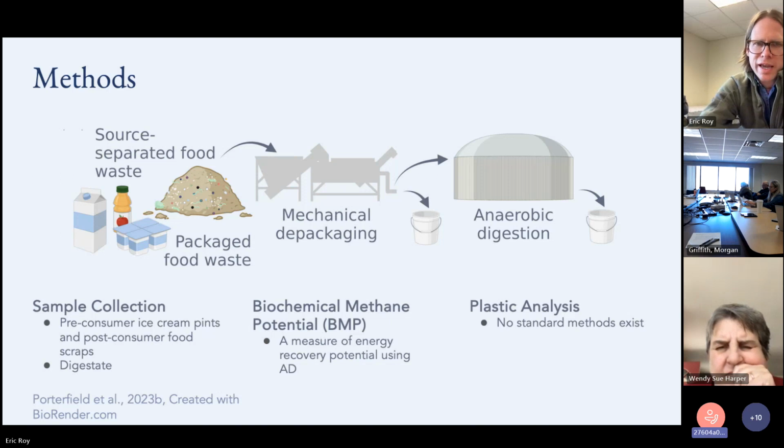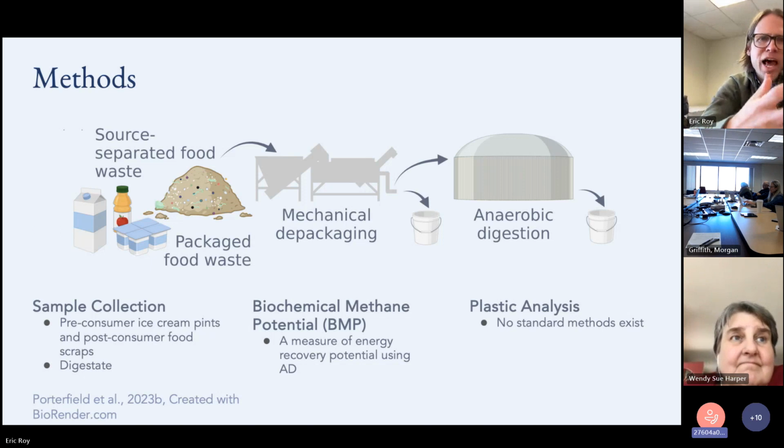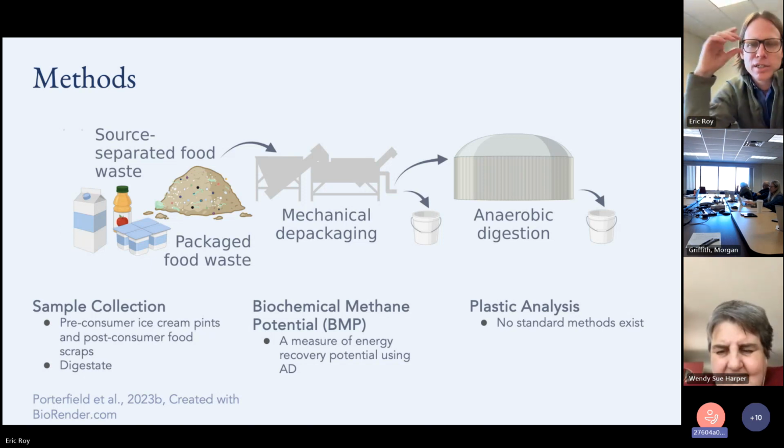The first is the more standard type of feedstock for these machines, which is a packaged food waste stream. So we looked at packaged ice cream pints as our packaged food waste material. And then we also looked at source-separated food waste going through the depackager. There was some interest in, what could the depackager achieve in terms of cleaning up contaminated source-separated food waste. So source-separated food waste that visibly has plastic in it, could the depackager remove that plastic with